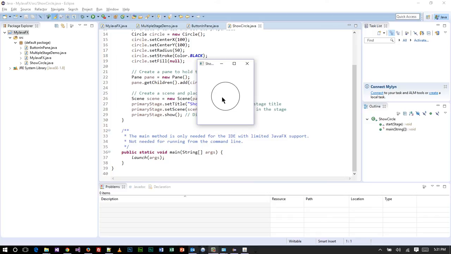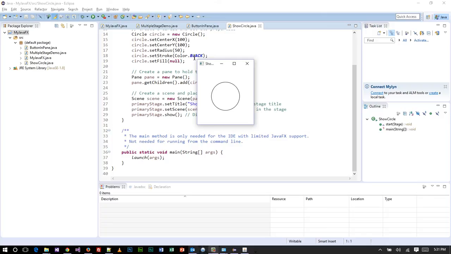So if this is 100, we're going to be 100 over and 100 down, and this is basically the stroke, the edge, and then the fill is the stuff in the middle. Now, that's exactly what we told it to do